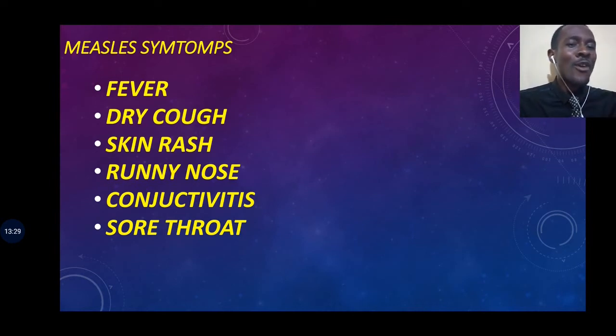The person will be having runny nose, and also there is another symptom called conjunctivitis. The conjunctivitis is the swelling of the eyes. The eyelids will swell up, and you can see the person's eye to be swollen and bringing out some fluids. So that is conjunctivitis. Then the next one is that the person can have sore throat. So if somebody is having all these symptoms mentioned, then it is pointing to measles infection and should be treated